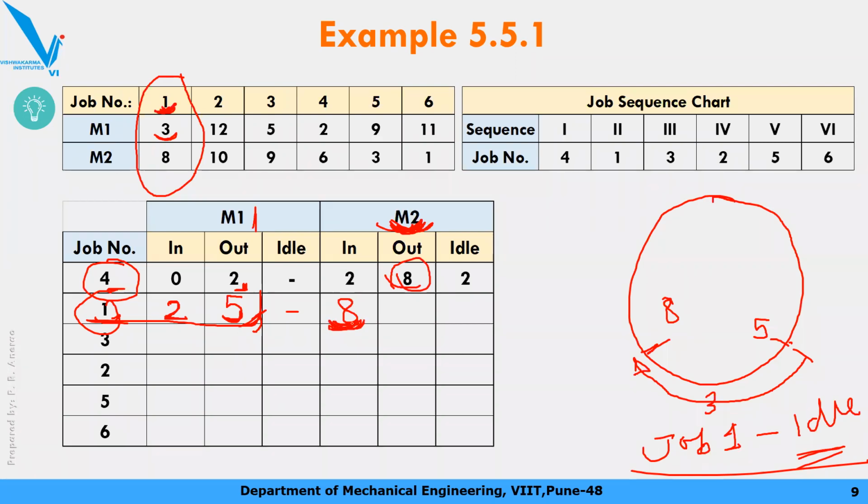ओके, सो ये इसका इन टाइम हो जाएगा 8 o'clock. सो 8 o'clock से काम चालू हो जाएगा. जॉब नंबर 1 required 8 hours, okay, on machine number 2. So 8 plus 8, 16. So after 16 hours, machine 2 will be done with job number 1. Okay, now how much time is machine 2 idle in this job number 1? 0, because जैसे वो फ्री हो गया, 8 o'clock को फ्री हुआ, आपने क्या किया, जॉब नंबर 1 उसको असाइन कर दिया कि चालू कर भाई इस पे काम. सो मशीन 2 इज नॉट आइडल इन दिस केस.